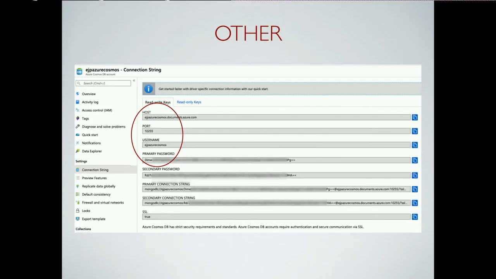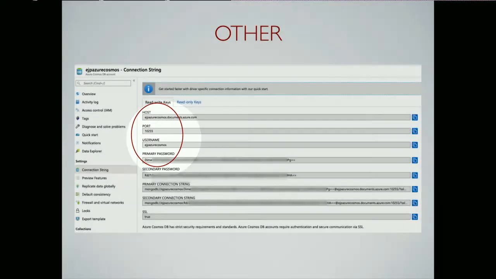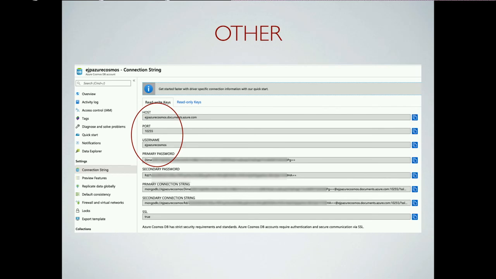And then we got some other things, right? A few other things. And of course, no talk is complete at a Microsoft-centric event unless we talk about something related to Azure. Remember I told you earlier that Cosmos is wire compatible with Mongo. So what I did is I connected Polybase to Cosmos. You need 4 pieces of information from your portal: the host, the port, the username, and the password. So that seems pretty straightforward.